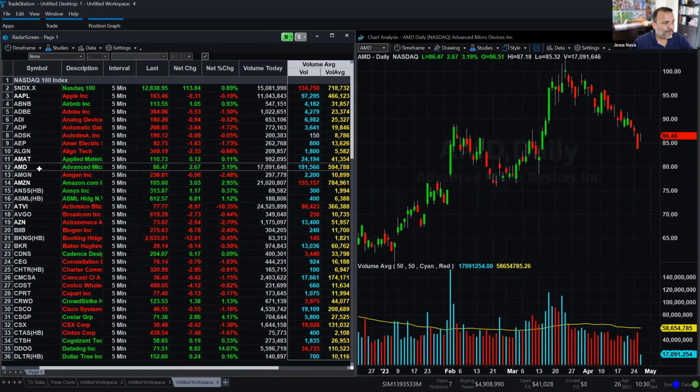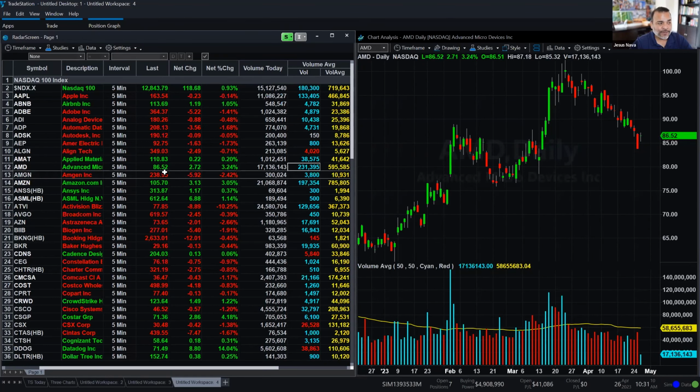If I look at the AMD values here for the average, I have 200,000 for the current value, and an average of almost 600,000. So what are these values, and why are they so different than the regular volume, which is 17 million? The reason for this is because we're looking at intraday volume based on a 5-minute time frame. So yes, the 242,000 shares is the current volume for the current 5-minute bar. So it doesn't include any historical volume,